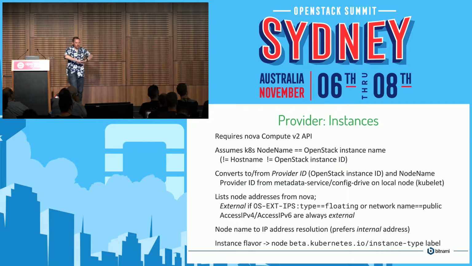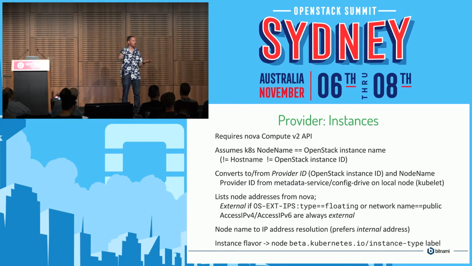All right, let's go. The first big chunk, and this is one of the big chunks of the provider code, is the instances code base. So this knows about compute, basically. It talks the Nova Compute v2 API. And if you don't have Nova, this is not going to work. I should mention, most of these auto-detect. You give it the Keystone information, and then it looks at the catalog to try to see what you have available. So if you don't have Neutron available, it'll just quietly not support all of the networking options. But otherwise, it'll keep working.